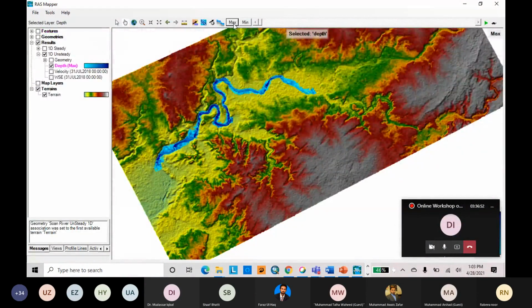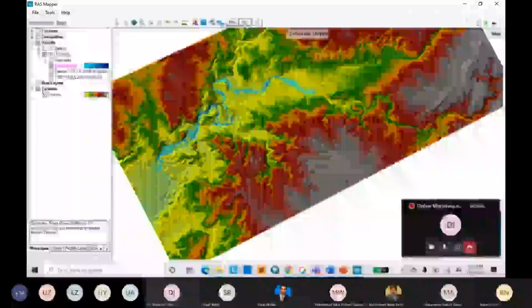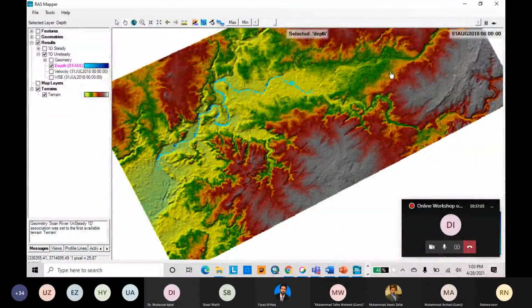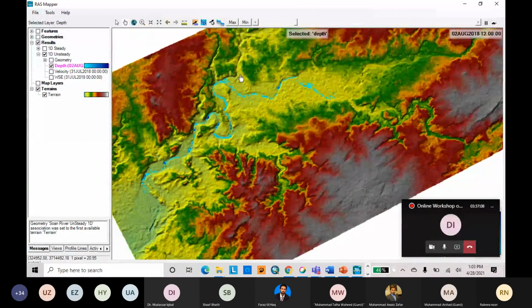You can see that the maximum height of the flood was this and the minimum this, but we will see the animation. Maybe we can see. This animation is showing according to the terrain data we have incorporated here. This is the original 30-meter dam. It is not a modified dam. We will see it after the 2D cross model.